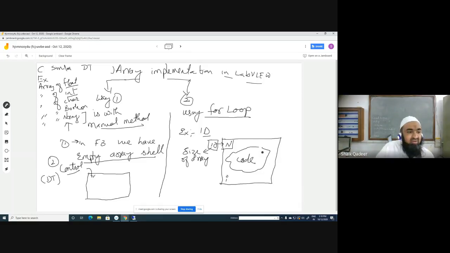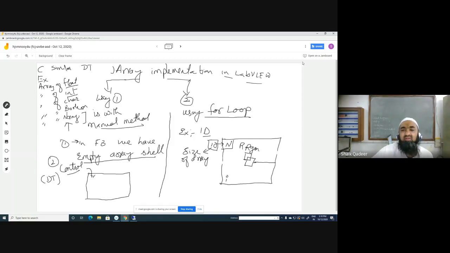So instead of writing a generic block of code, I will give an example with the help of which we can do creation of a 1D array. Let us suppose we have a random number generator over here. A random number generator. So this output is a scalar output. Do you understand the meaning of scalar output?